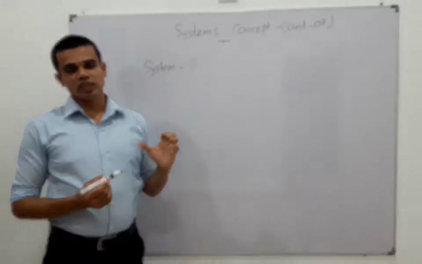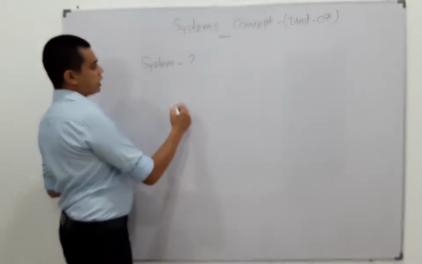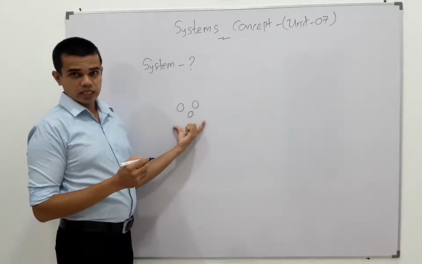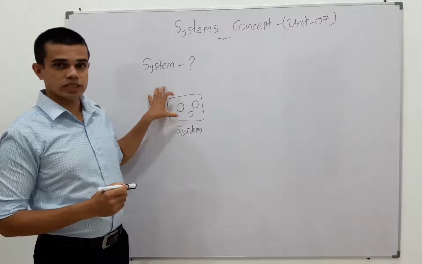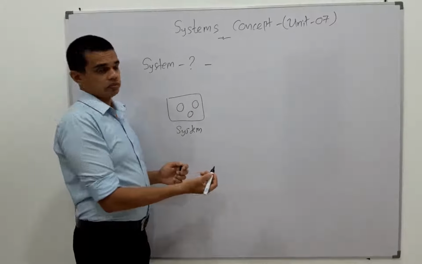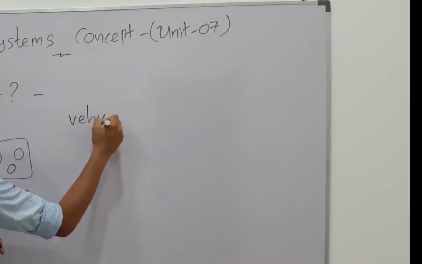When we think of the concept of a system, we feel that it is a collection of equipment or gadgets combined together. So we feel like a system is a collection of gadgets. Now, this word is used in our day-to-day life. As an example, we use the word vehicle system.